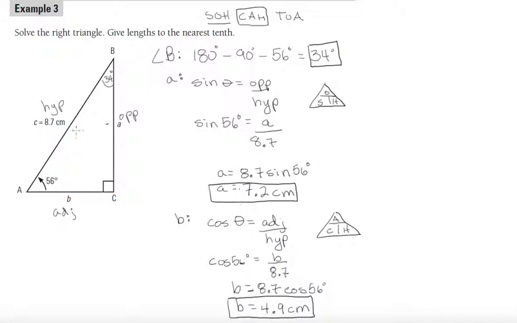Always do a quick check. Your hypotenuse should be the longest side, and yes, it is. These two are shorter, so that's a good sign that we did stuff right. And there's your answer. So now we know that A is 7.2 centimeters. B is 4.9 centimeters. And we know all the angles, so we have solved this